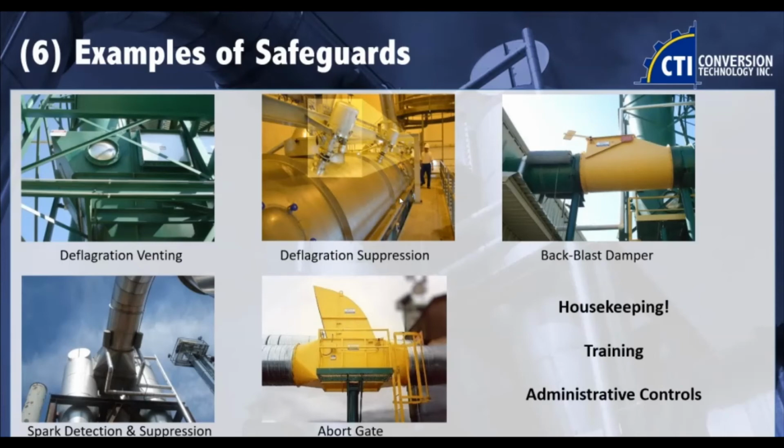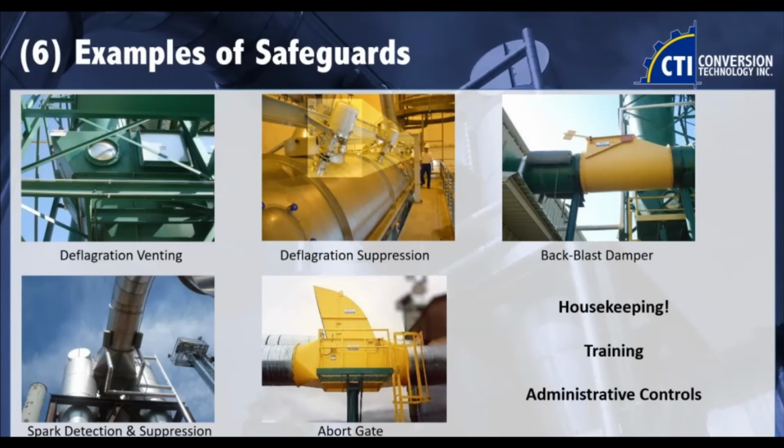You do have deflagration suppression or chemical relief cannons. I know FIKE does a lot, IEP does a lot. Those are basically like a fire extinguisher inside your equipment or conveyance line. It's going to detect that spark or that hot piece or that overpressure, and it's going to flood the system. Spark detection and suppression work pretty well in the metal and timber industries. It detects a spark, not particularly a hot ember, but a spark,